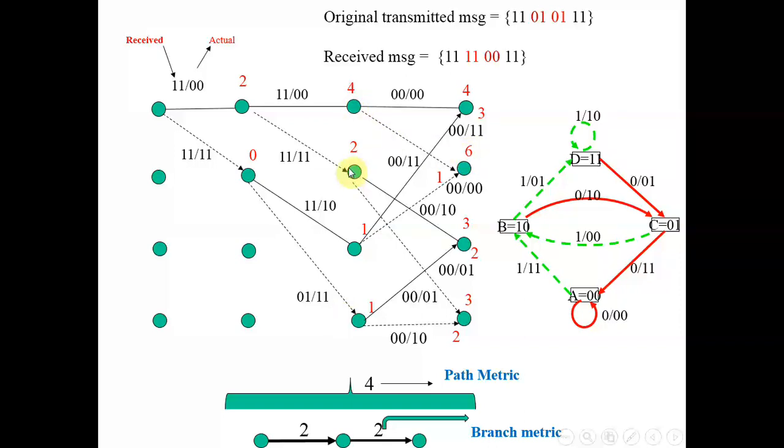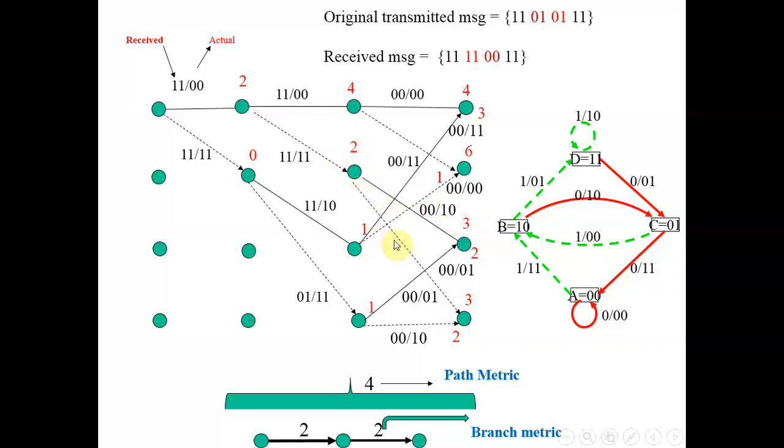Now let's take transitions from this node. Now this is again B. I can go from B to C, or I can go from B to D. If I go from B to C, my expected output is 1 0. Right now I am evaluating that against 0 0. So I have 1 bit of error. So earlier I have 2 plus 1, total count is 3 here.